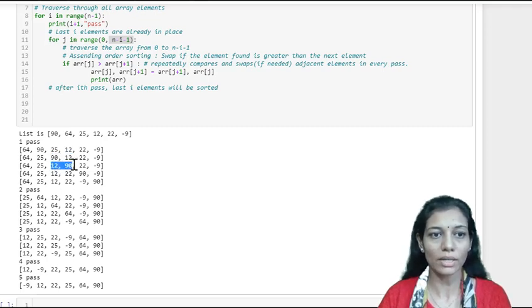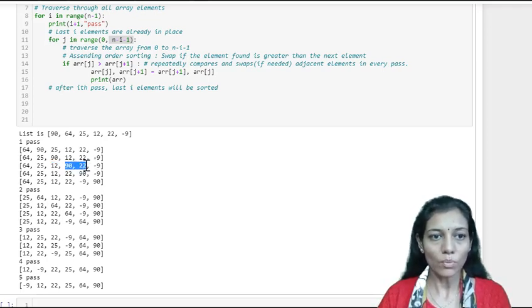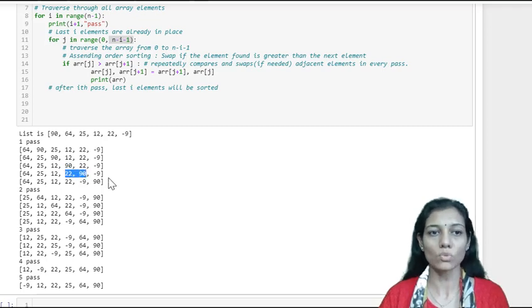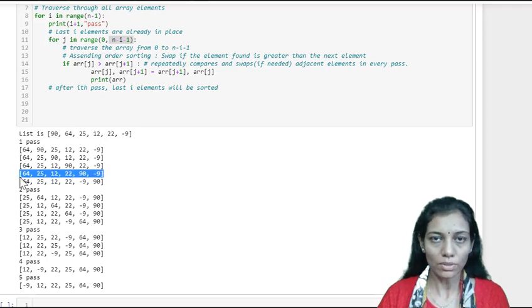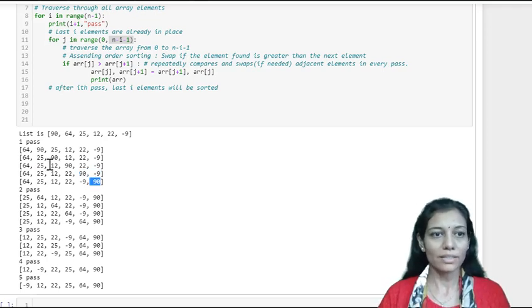That is the reason why they will be swapped. For the next iteration, this is the input. So 90 and 22 will be compared, and as you can see over here, they are swapped. Now for the next iteration, this list is an input, and 90 and minus 9 are compared. They are out of order, that's why they will be swapped. So finally at the end of the first pass, 90 is at its proper position.